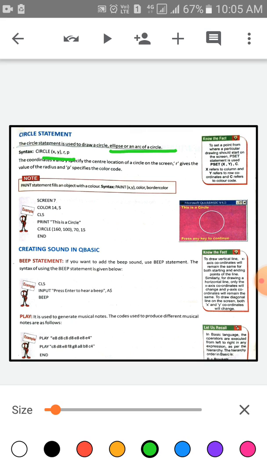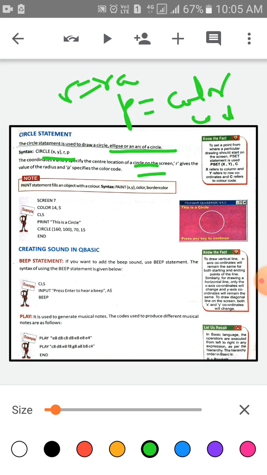The coordinates x and y specify the center location of the circle on the screen. r gives the value of the radius and p specifies the color code. Okay, p for color code and r for radius.